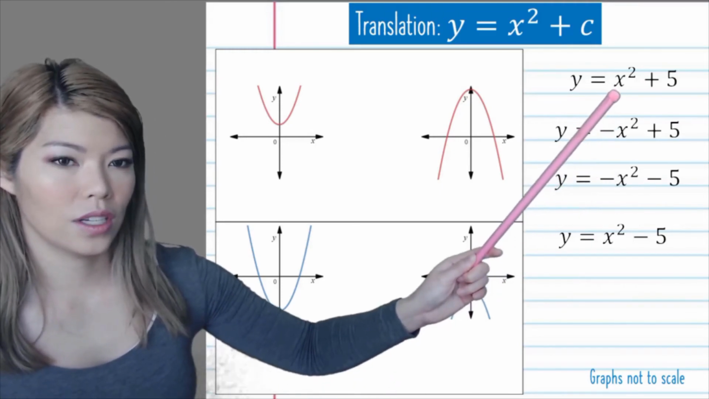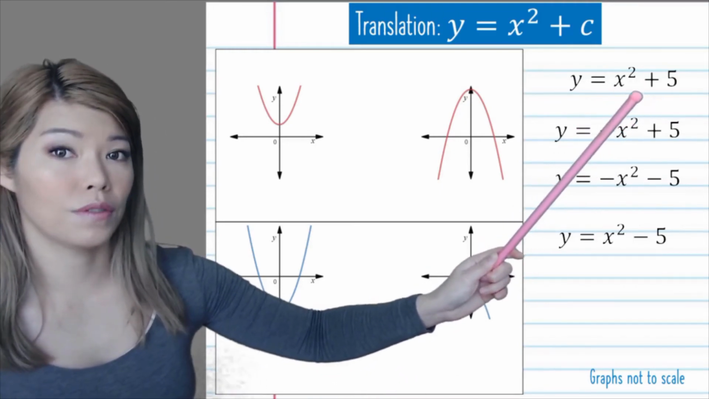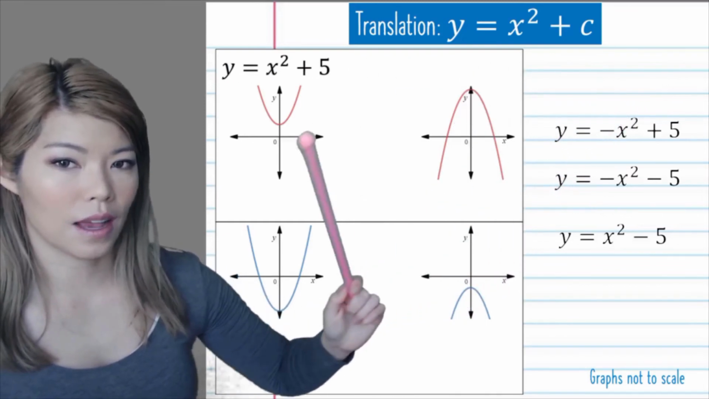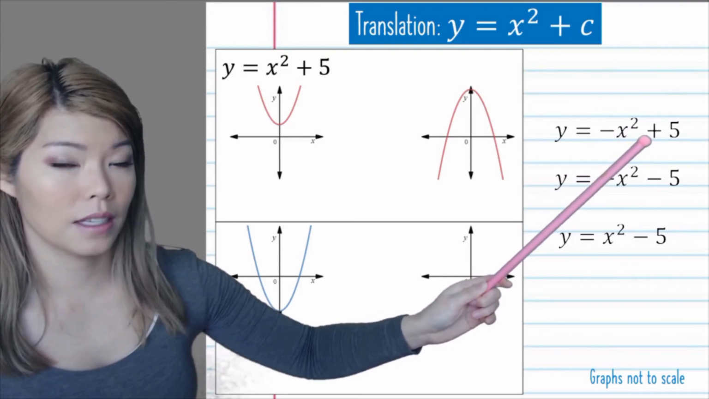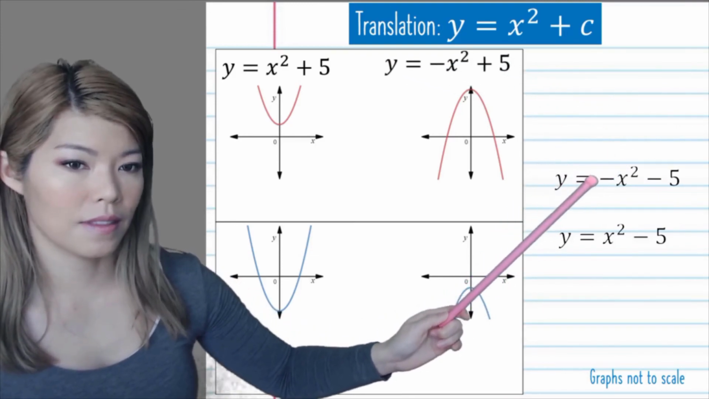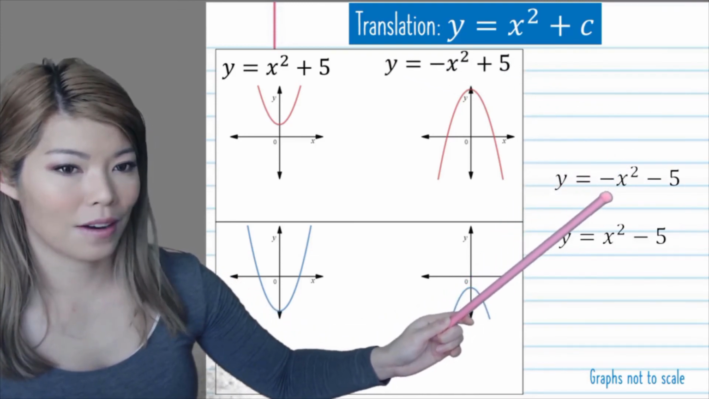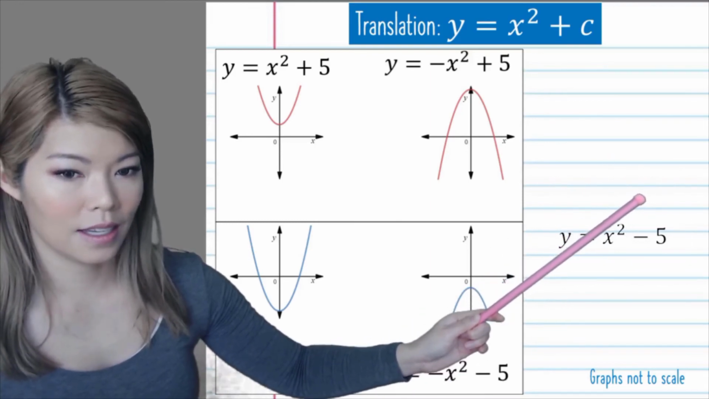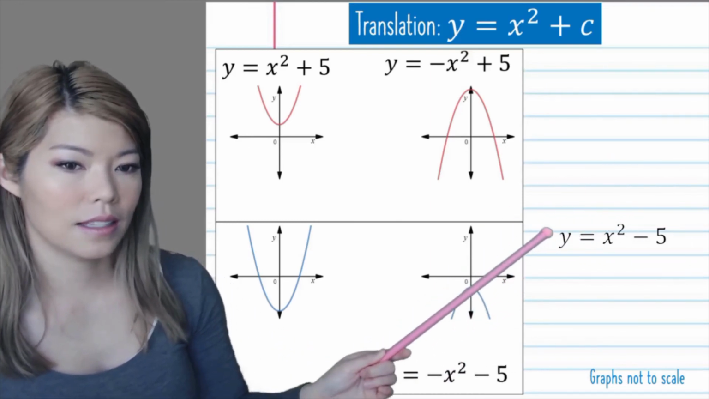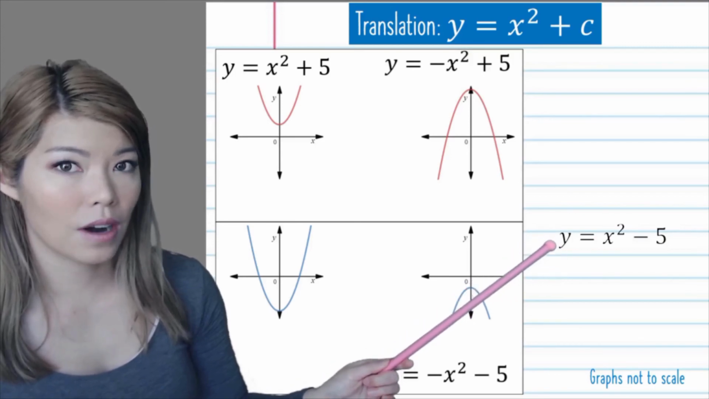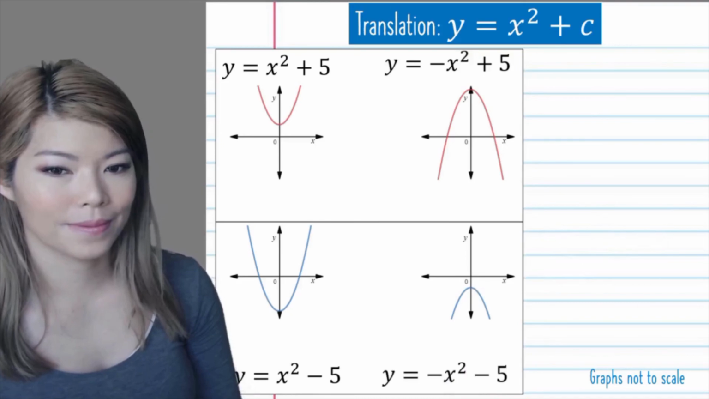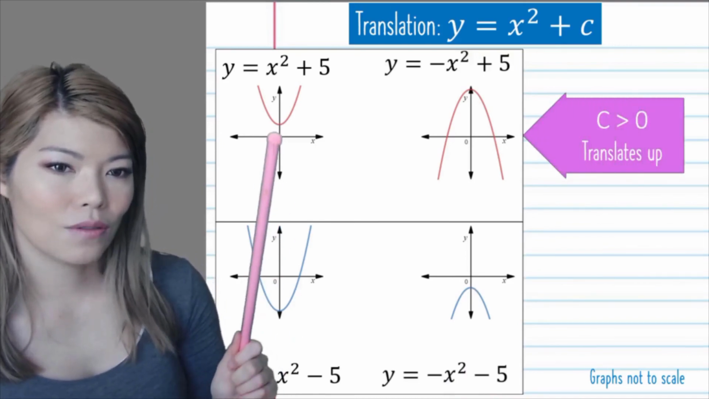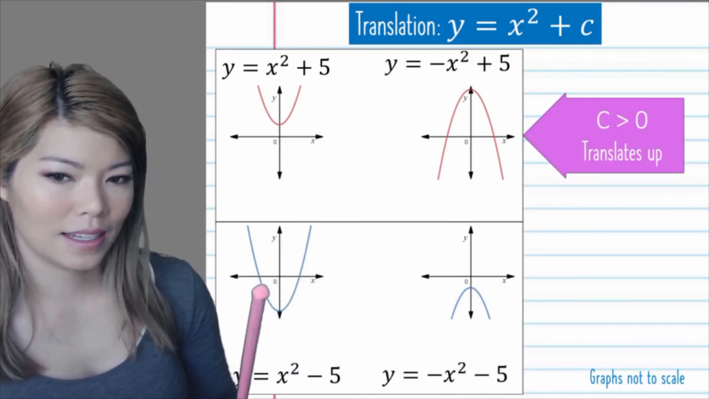This equation +5 means it's moved up and it's positive, so it's that one there. This equation is a negative graph, +5 means it's moved up, so it's that one there. This equation is a negative graph that has moved down, so it's that one there. And this last equation is a positive graph that has been moved down because of -5. So these two graphs have been translated up, and these graphs have been